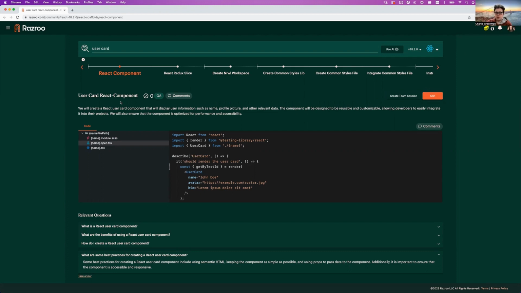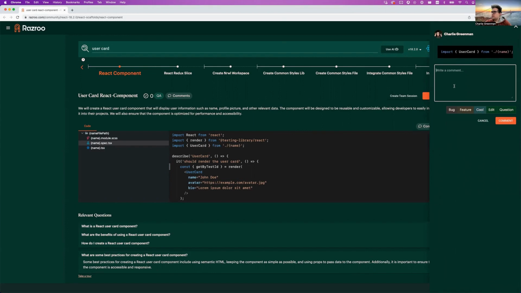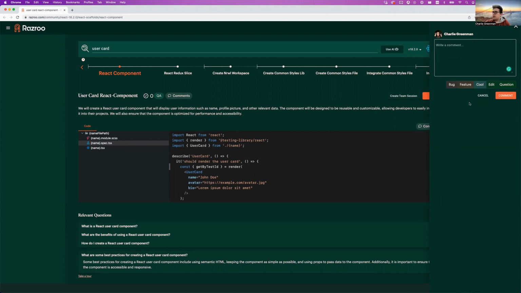There are going to be times where our AI, even at this point, we're in the relatively early stages of AI, isn't going to be perfect. So you're able to do twofold. One is that you can actually select this and report a bug. And I can say here, for instance, that the name import path is incorrect for this component, which is indeed, this AI did not work as expected. So now I can click bug and I can report this bug. And what that's going to do